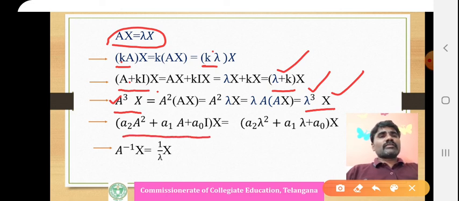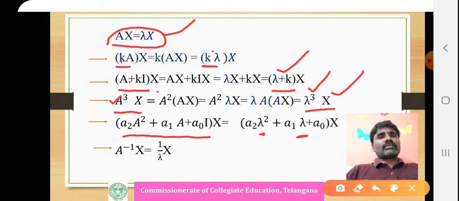And similarly we consider this matrix, which we have to prove. That's why this one into x: A2 A square, A1 A plus A naught I into x. This will become A2 is a scalar, A square x. A square eigenvalue is lambda square. That's why lambda square. A1 Ax, Ax is lambda x. That's why lambda into x common. A naught I into x, that is A naught into x. Like that.